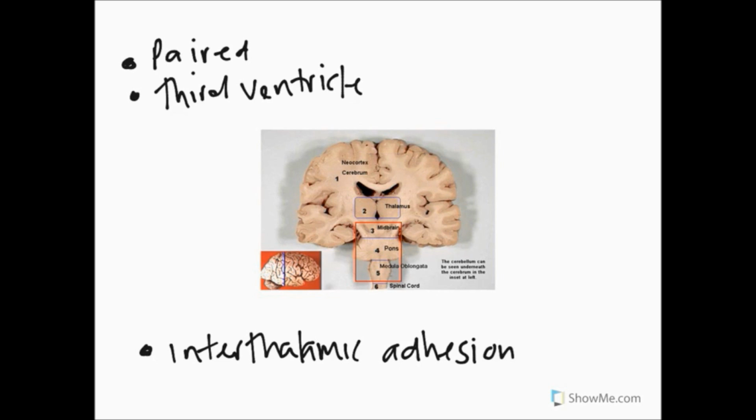And a little bit of trivia is that in about 16% of the population they don't have the interthalamic adhesion, so there's no connectivity between the left and the right thalami, and this has no consequences whatsoever and is usually an incidental finding at some point if ever it is found. So this is the thalamus, and